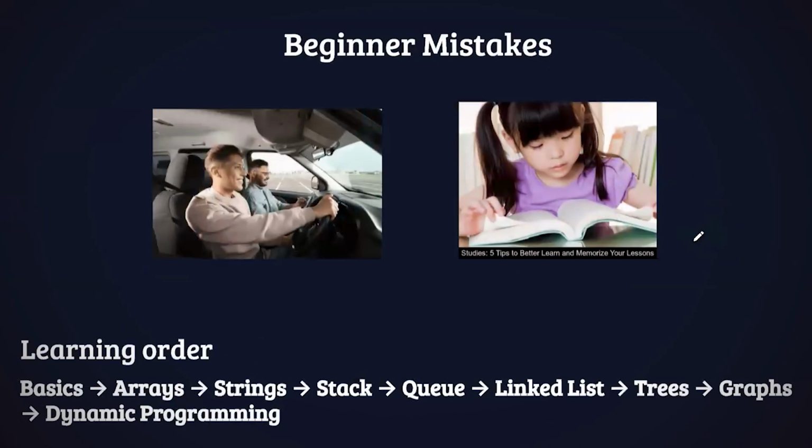The next slide is all about beginner mistakes. What mistakes do beginners make in the initial stages? If they see a problem, instead of understanding that problem, they will memorize the solution. If you memorize the solution, you can't solve the problem. You can memorize the solution, and if the same question comes in your interview or some coding interview, you can directly copy and paste and it will work. But for example, if they make a small change, so instead of telling you to add 1, 2, 3, they tell you to multiply 1, 2, 3,